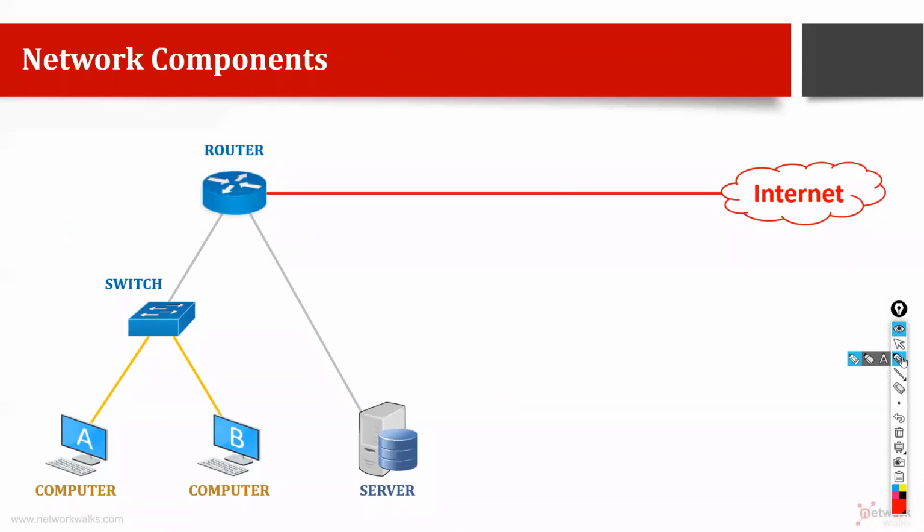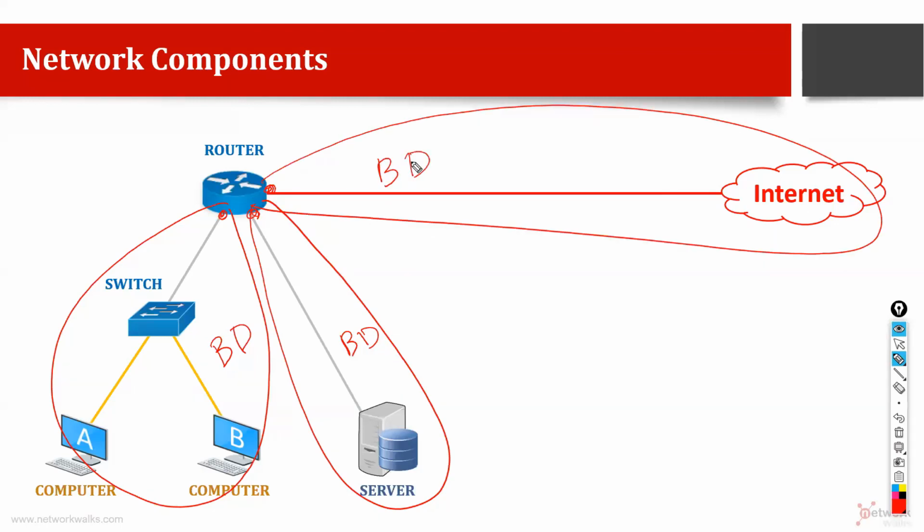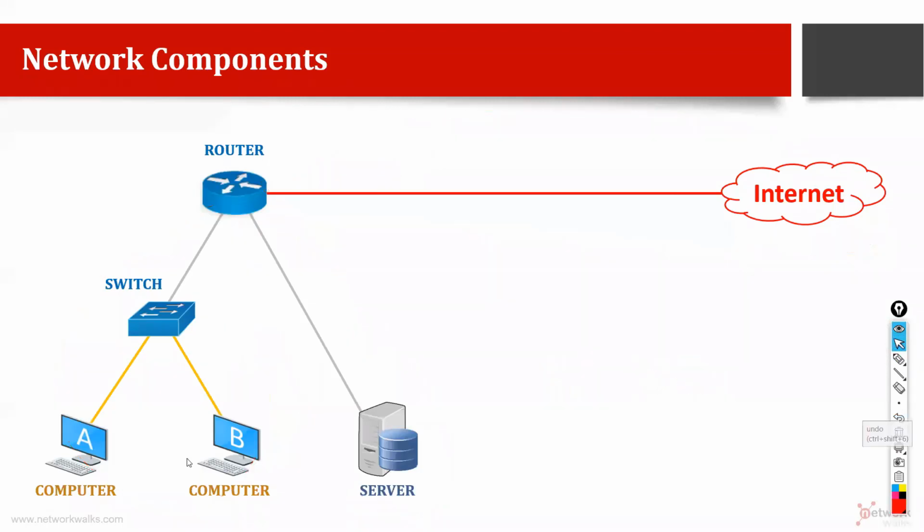Another question, how many broadcast domain here now? Can somebody answer how many here? Suleiman says 2, Sia says 3, Eric says 2, Mika says even only 1. Okay, let's start counting. So one port on a router, just count the router ports. Broadcast domain is very easy to answer. Collision domain is difficult. Another port on the router. And then one side connected with the internet is also one broadcast domain. So total 3 broadcast domains. Right?